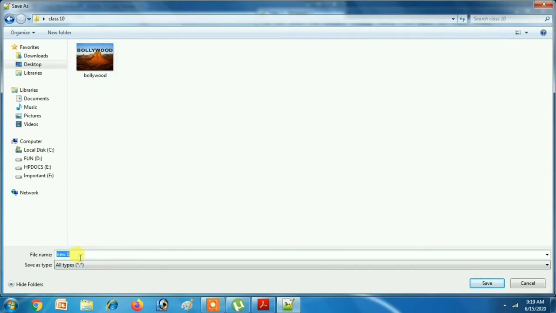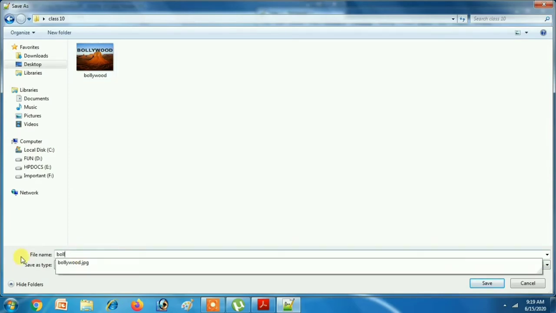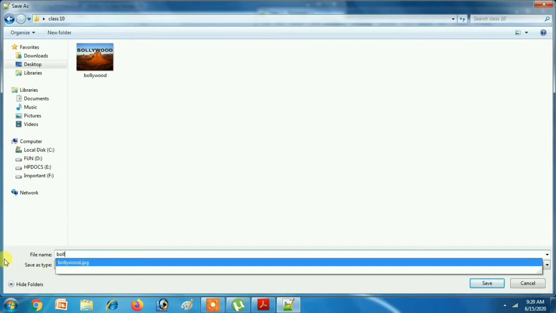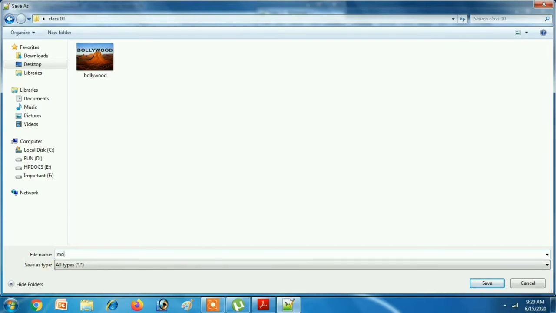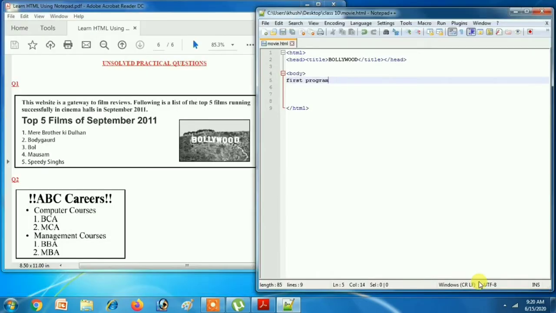File name I will put Bollywood, or simply movie dot HTML. Got it? You can write either HTML or htm, both are correct. File name dot HTML. In place of movie you can write any name according to your theme and program. Then after that you have to click on save.